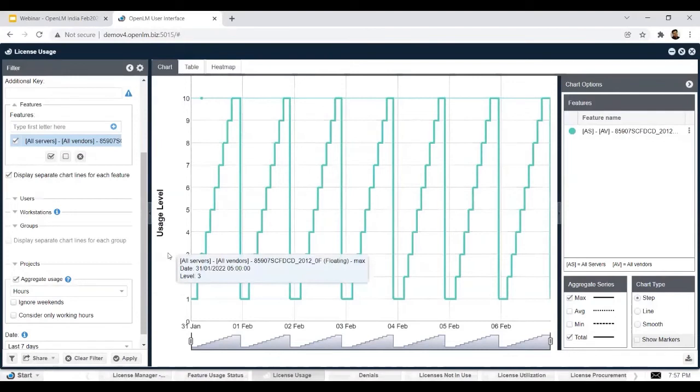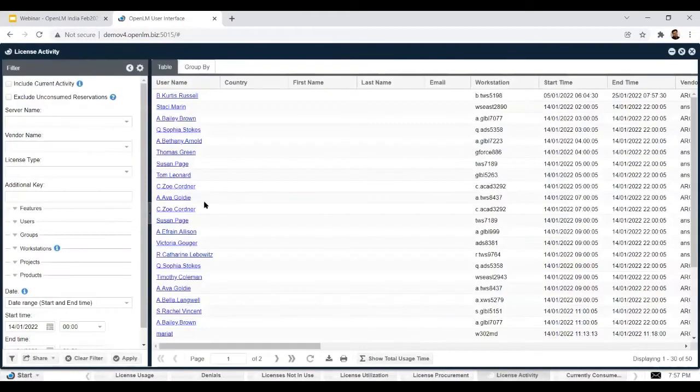Now, in this report, you don't see the usernames. So what if you are interested to know who the users are? For that, we have another report called the License Activity Report. Now, in the License Activity Report, it will